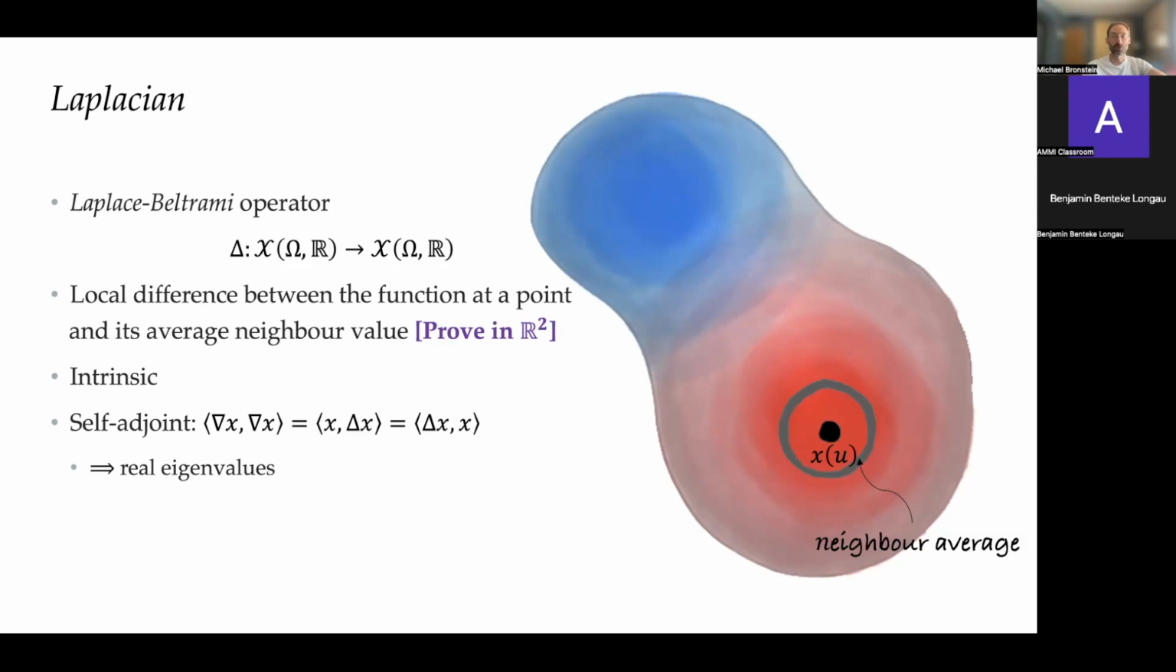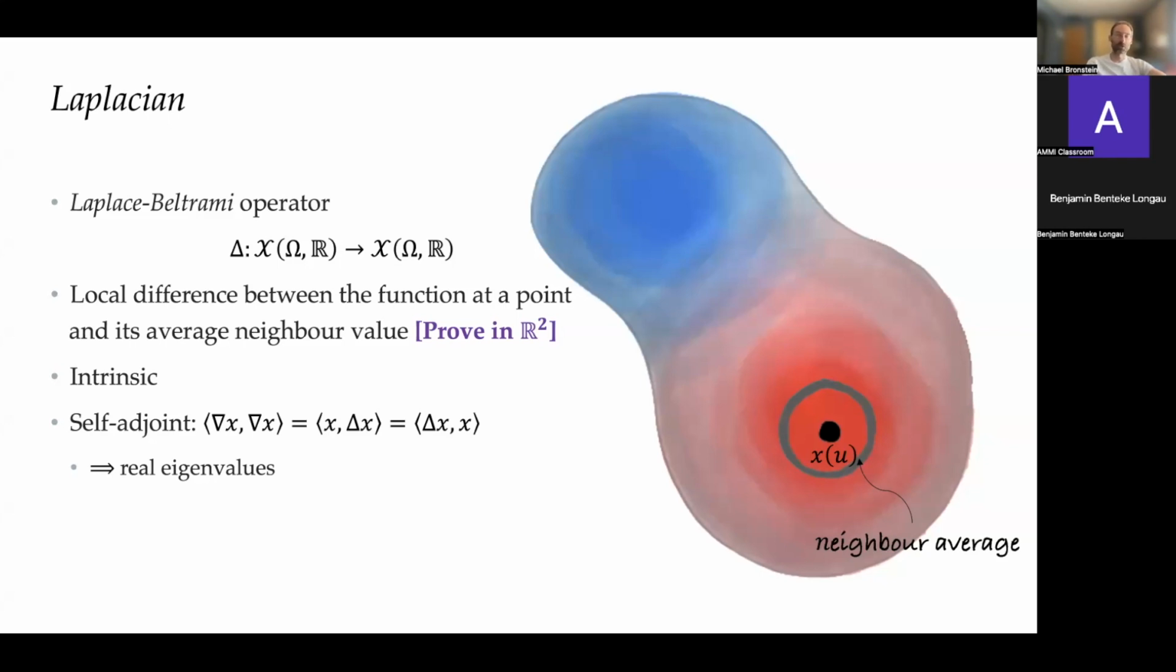So this is not obvious from d squared x with respect to du1 squared, right, plus d squared x with respect to du2 squared, right? The second-order derivative with respect to both coordinates of the function. So you actually have to prove that you have this rotational symmetry. It's not difficult. Okay. What else do we know about the Laplace-Beltrami operator is that it's intrinsic and it is